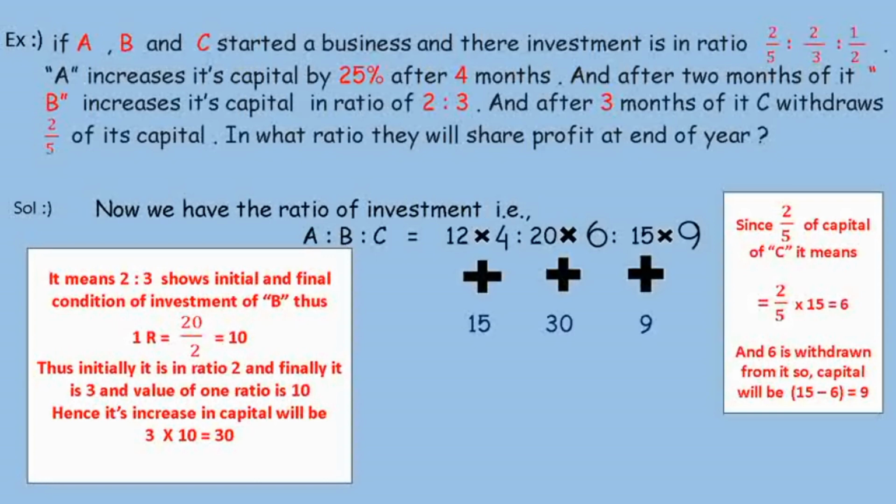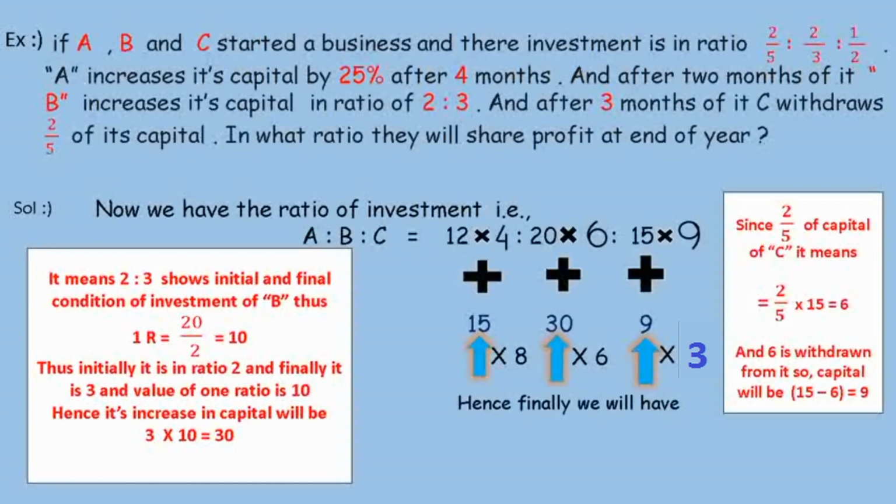Now what we are asked, what is the ratio they will share profit? What is the profit ratio they will share at the end of the year? So they have worked for 1 year and we have taken 4 months already. So for A, it will work with 15 for 8 months and for B it will work for 6 months more, and for C it will work for 3 months more,